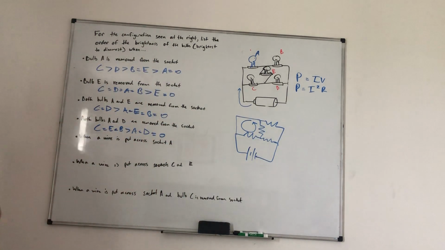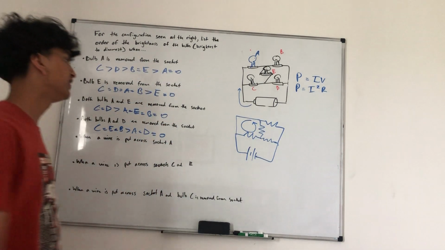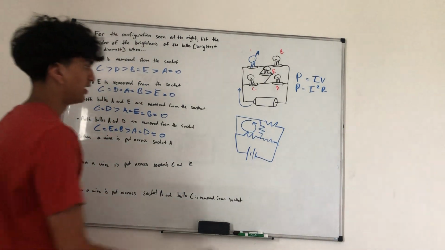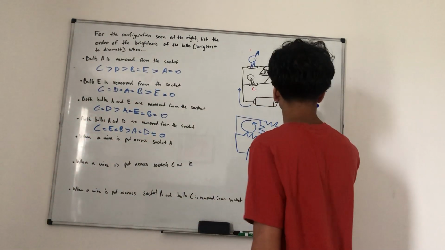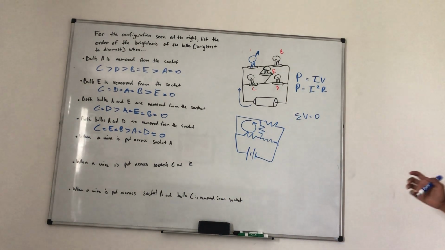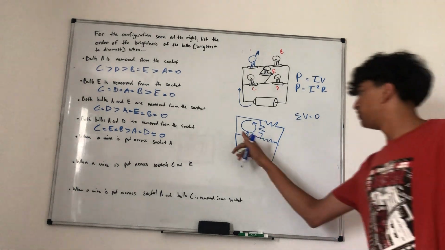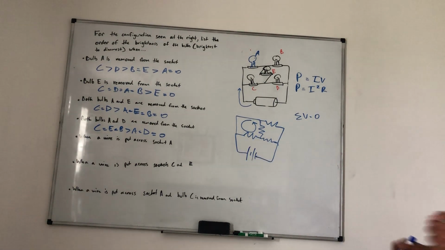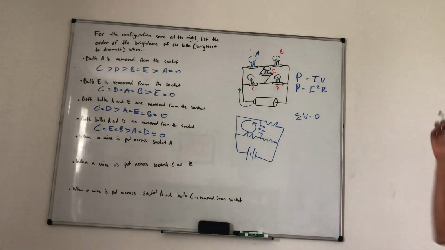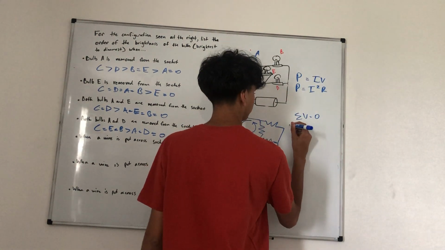So, let's say I want to compare C and E. What I would do is say, okay, well, the sum of all those voltages is going to be 0. So when you're going through this resistor, you're going in the direction of the current, right? I know the current is going to go through this way. So it's going to be minus I1R,